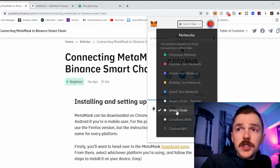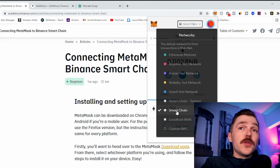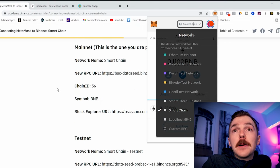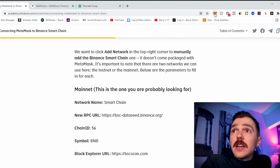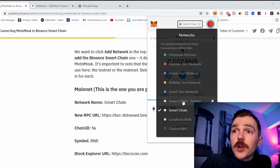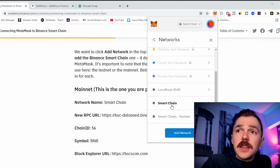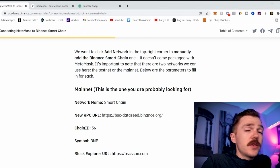Now, depending on the country you live in, you may or may not already have the network that says Binance. If you do not, I recommend checking out this Connect MetaMask to Binance Smart Chain because you will have to input these right here, the mainnet, this URL, and the chain ID. With that being said, you create your own network through this custom RPC, and you'll do that right here by putting in Binance's Smart Chain. Once you have the Smart Chain set up in your MetaMask wallet, you are able to fund it through your